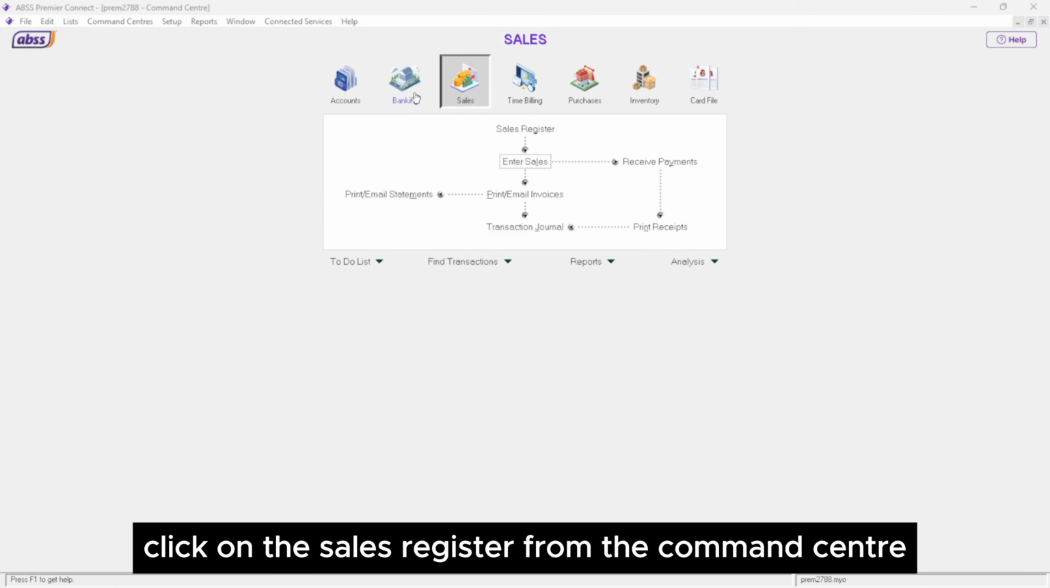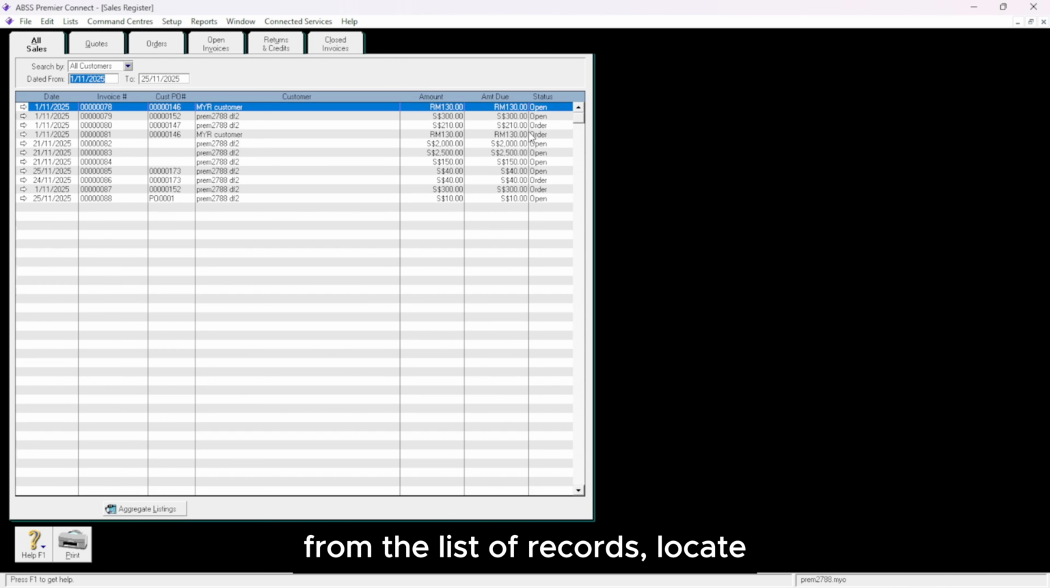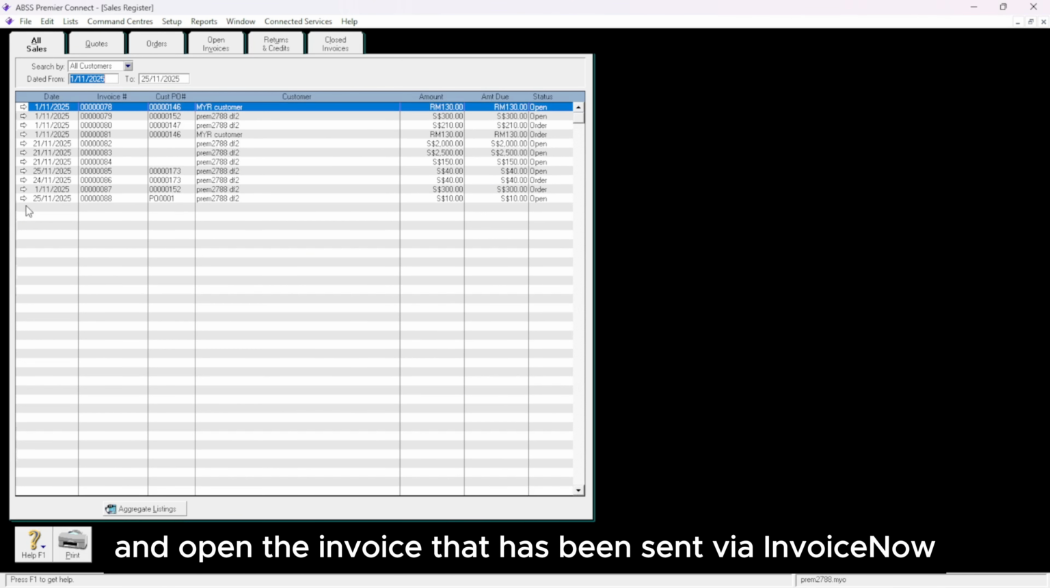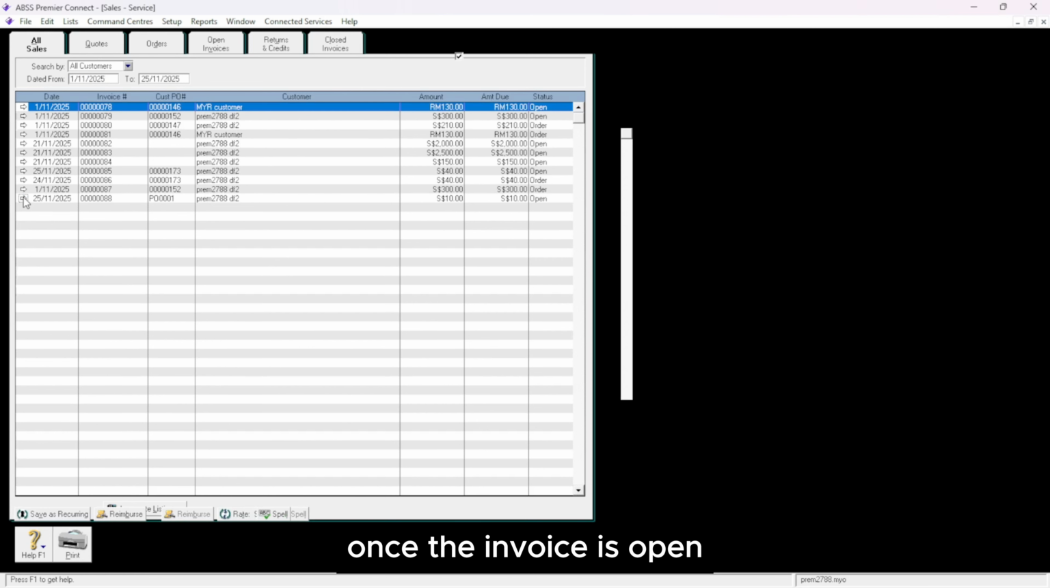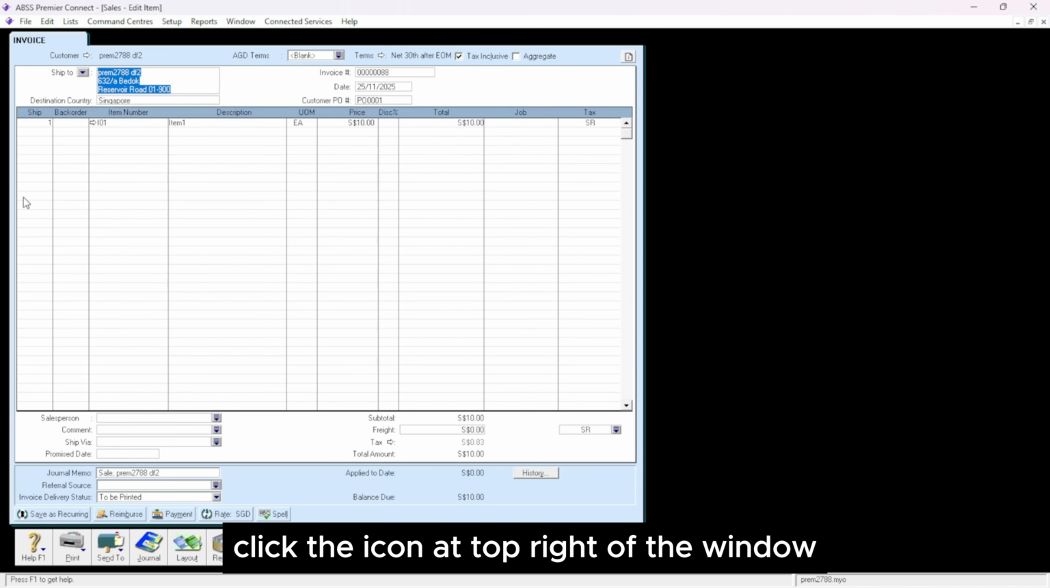To begin, click on the Sales Register from the Command Center. From the list of records, locate and open the invoice that has been sent via InvoiceNow. Once the invoice is open, click the icon at top right of the window to access the detailed submission status